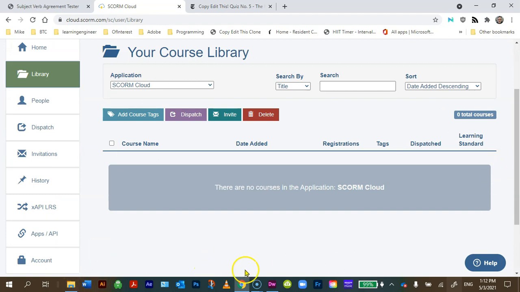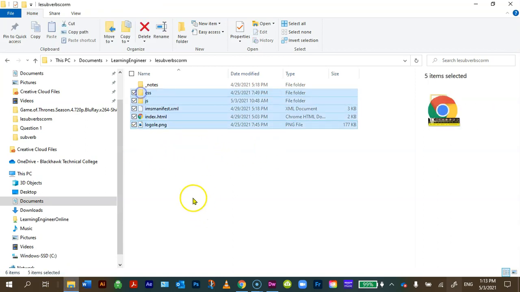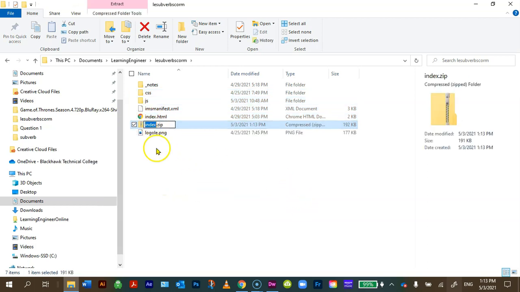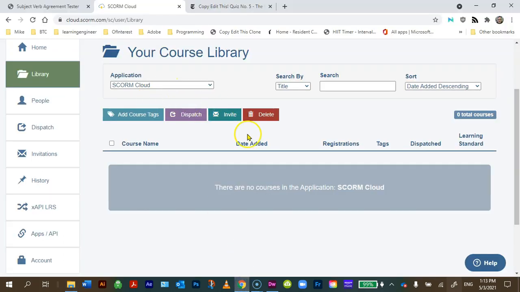Okay? So what I'm going to do is I'm going to come back over here where I have my Scorms actually stored. Here they are. And what I'm going to do is just, I selected this all. I'm going to right click. I'm going to click send to and compressed file. It's going to create a file called index.zip. And then when I come back to here,